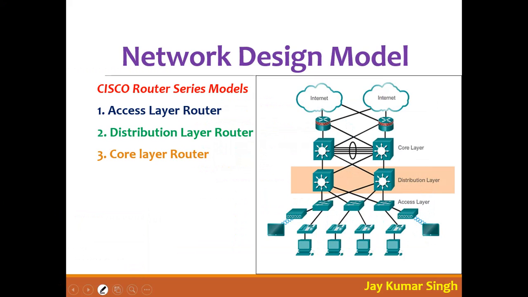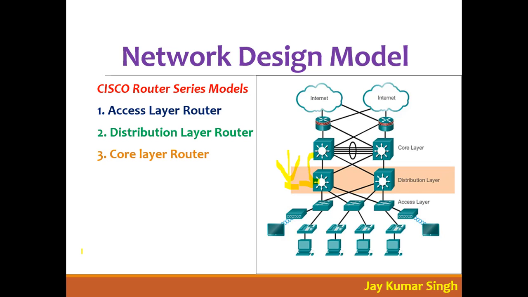So the data is coming from the access layer. All the data coming from the access layer is collected here, and after collecting, it distributes the path. You can see, you are an internet user, you can send the data to UK, US, right? So all the data will come here to the distribution layer. It collects the data, and after that it will decide, okay, you go via this, go via this, go via this.